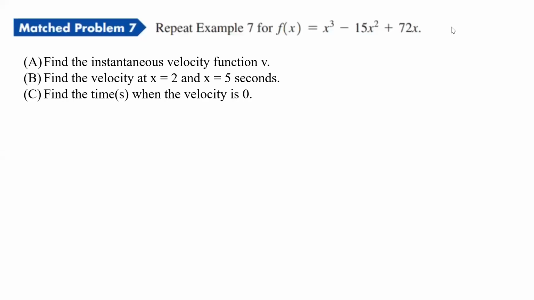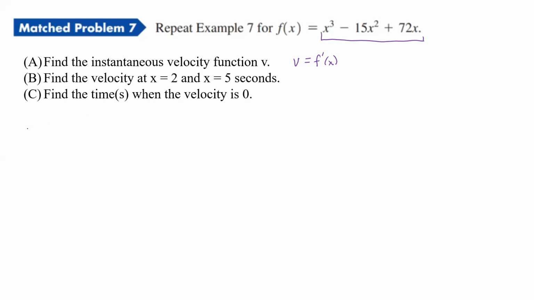All right, so here we've talked about in the book about instantaneous velocities and velocities at different values. What we need to do is find the instantaneous velocity function v for this given function f of x. Well, if we remember, v is going to be equal to f prime of x. So that means we just have to take the derivative of that to find the instantaneous